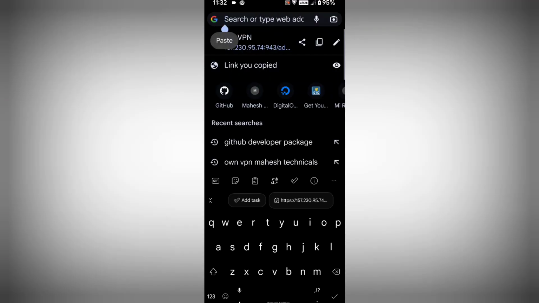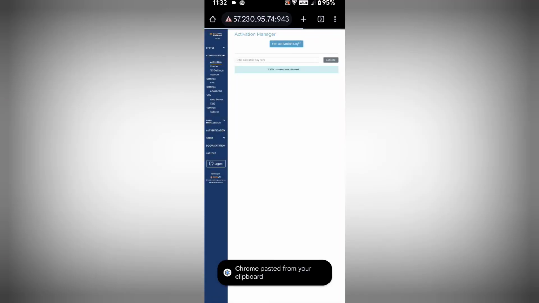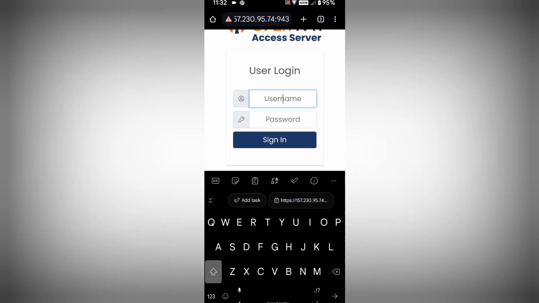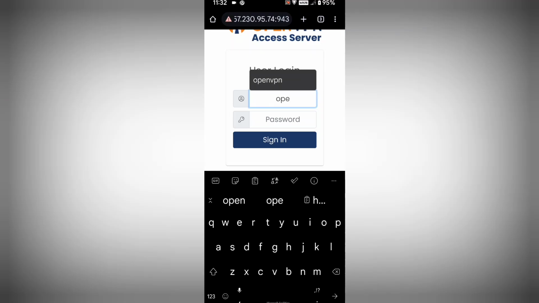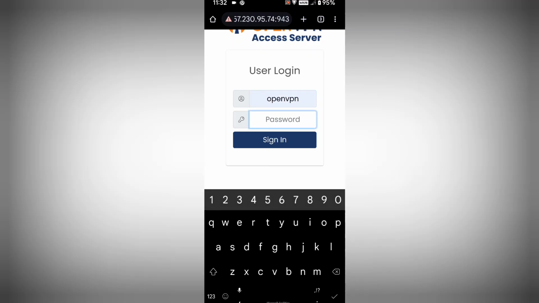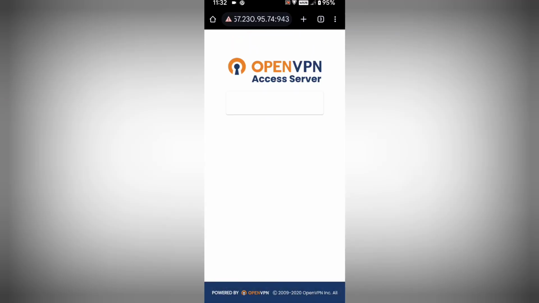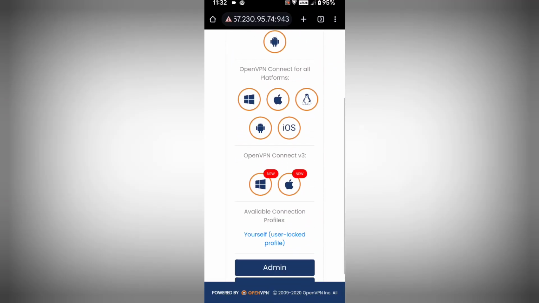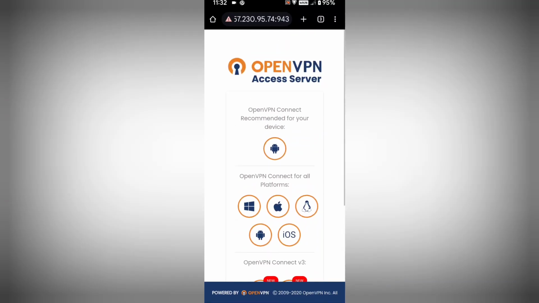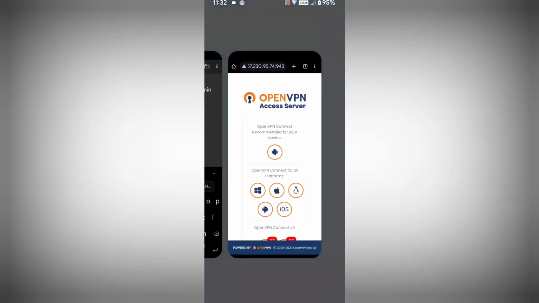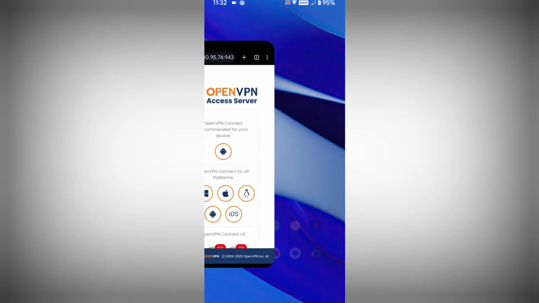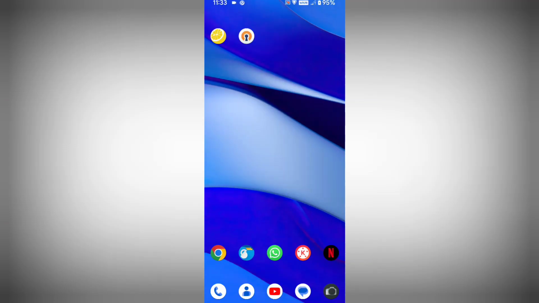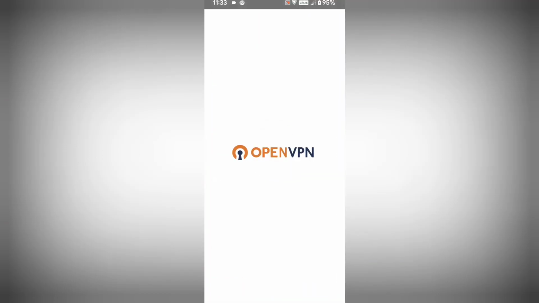So just copy the second link and paste it here, then log in again with your OpenVPN credentials, like openvpn. This is your username and the password which you set before. Then you can see you can download the OpenVPN application for any platform, okay, download from here. But I am going to use an Android phone, that's why I already installed the OpenVPN application. So just copy the admin URL again, then open your OpenVPN application,